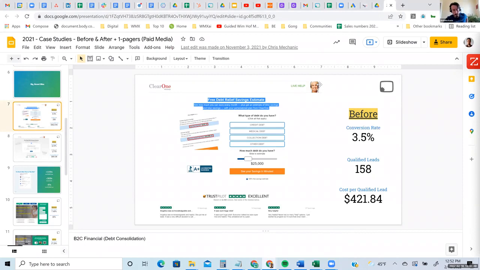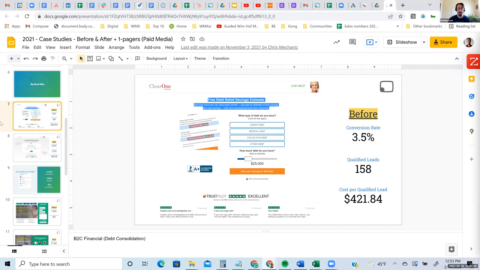Yeah. So one of our clients was in the debt consolidation space. There are a couple of things. Their landing page was multi-step, but it had a dated look and feel. And another thing they weren't doing, more on the paid side, was passing signals back to Google and Facebook when users complete these steps. For example, you'll notice this debt slider here, how much debt do you have? That's basically a qualification criteria for them, right? So I think if they have $10,000 or more in unsecured debt, then they become a qualified lead for them. If not, then they can't work that lead, basically.